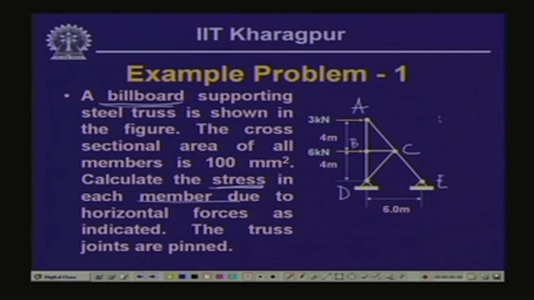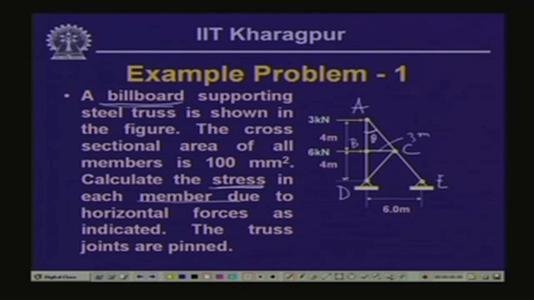Now, from this triangular configuration, this distance is 6 meter, this is given as 4 meter, this is given as 4 meter. So, distance BC is also going to be equal to this divided by this, equals 4 divided by 8, which is half. So, this is 3 meters. So, if we call this as theta,